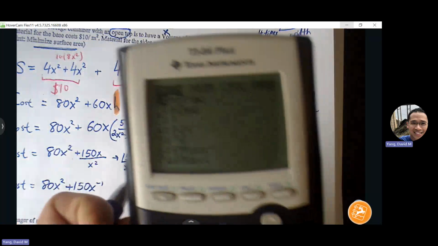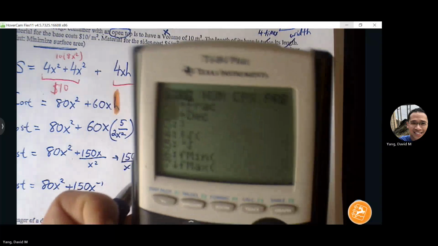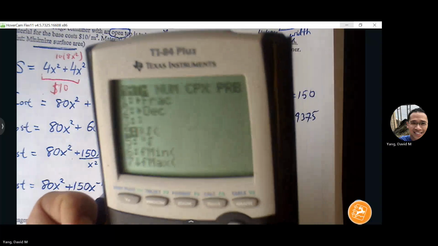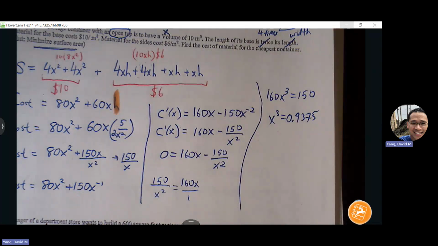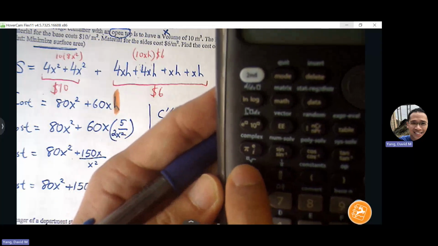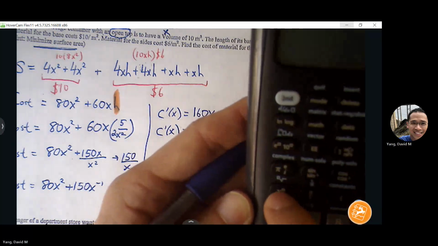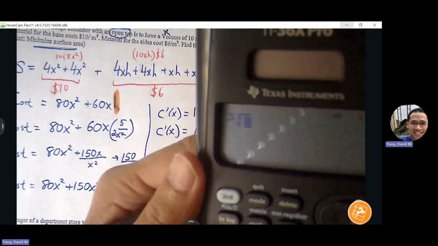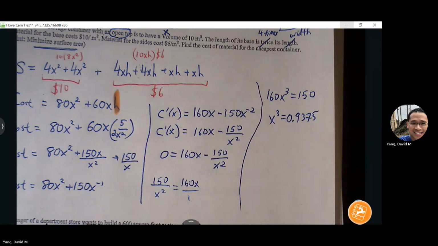So if you click on math, you're going to see that cube root option under 4. And if you're using your 36 Pro, there's a cube root button here, but you have to hit a 3 first, and then you can hit that. So 3. 0.978